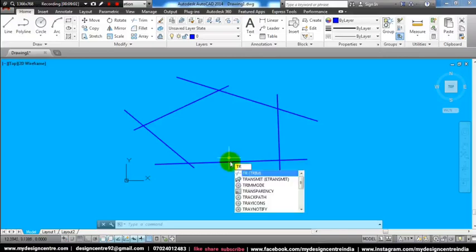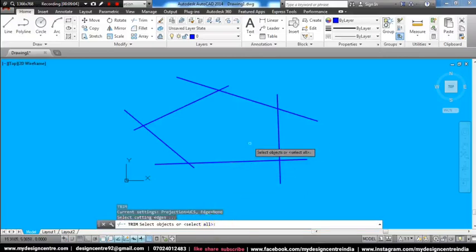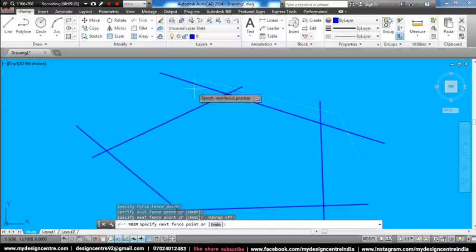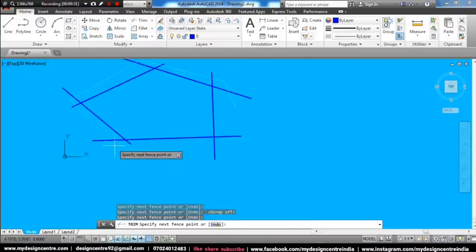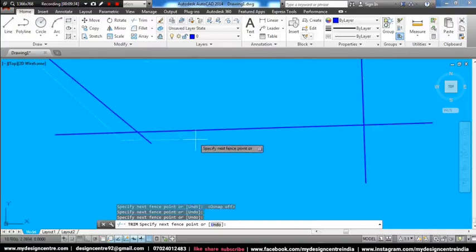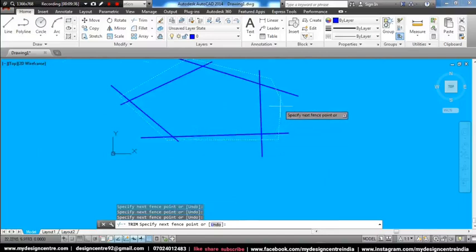Now type TR enter. Click enter to select all the objects as cutting edges. Now you can see fence is given here. Type F enter. Now you can create a fence around this object, and the objects intersected by this white fence line will trim out up to the next boundary.